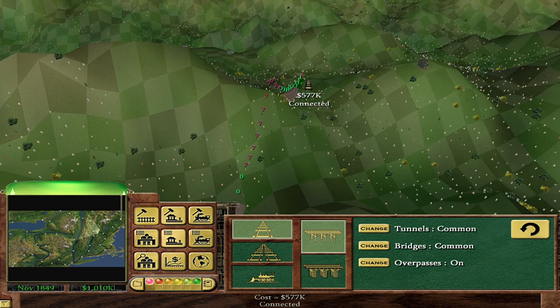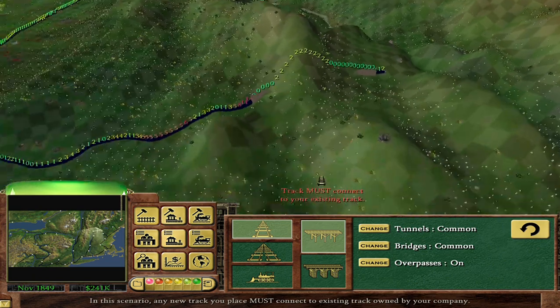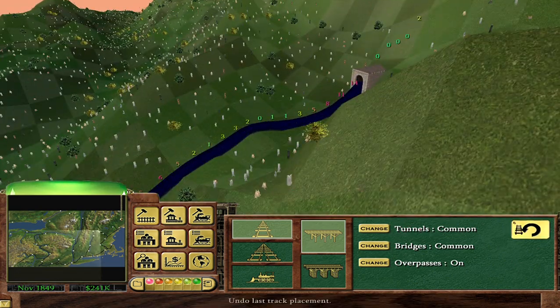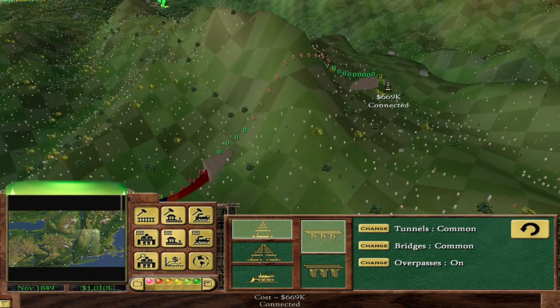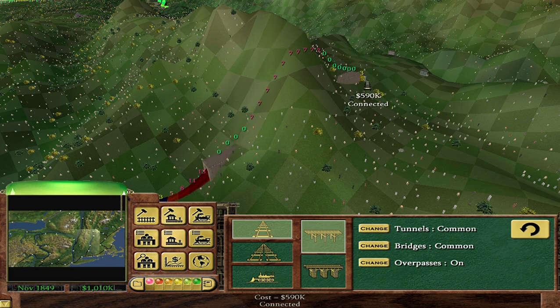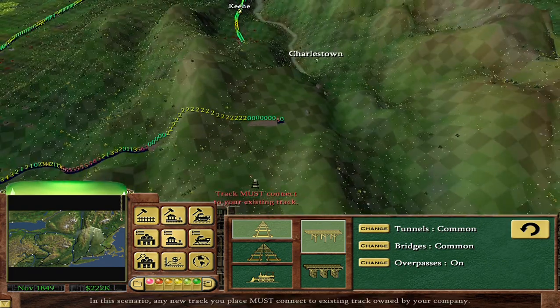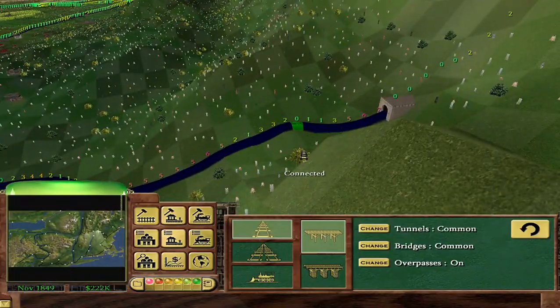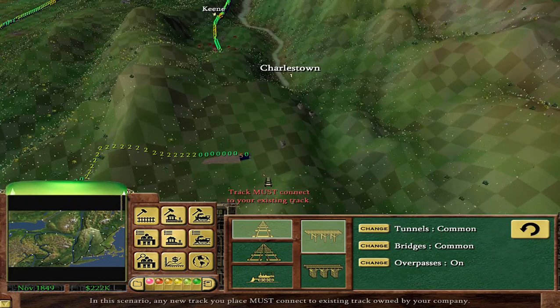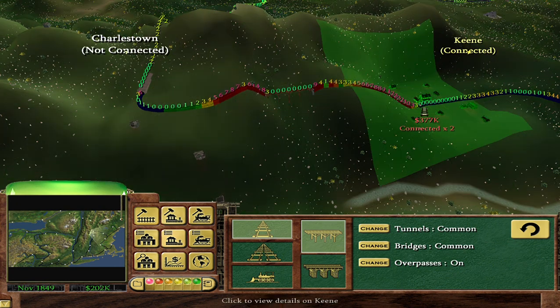Or I'll just tunnel straight through that, but that does actually kind of work. It's just a very nasty entrance into the tunnel. That actually... That works. 5 and 6% gradient here, 2% through the tunnel. Is it at all possible that I then am able to...